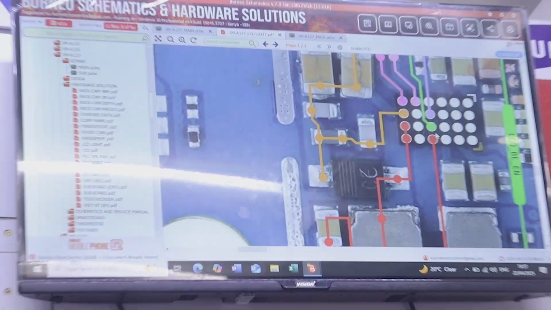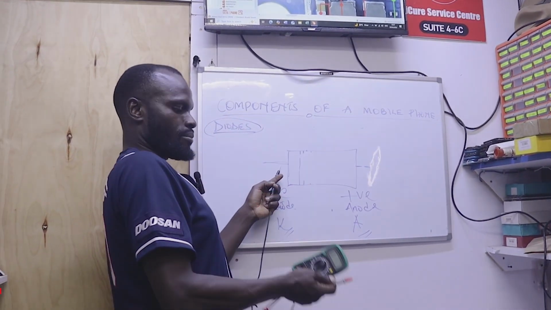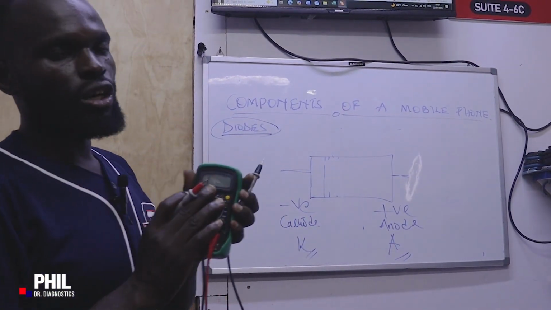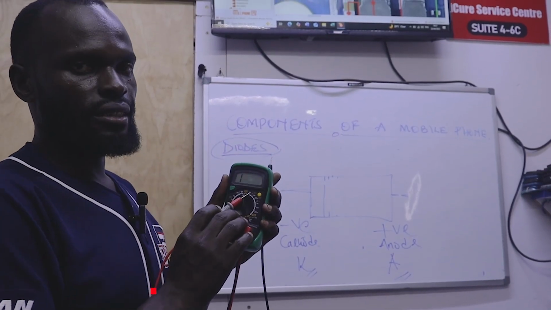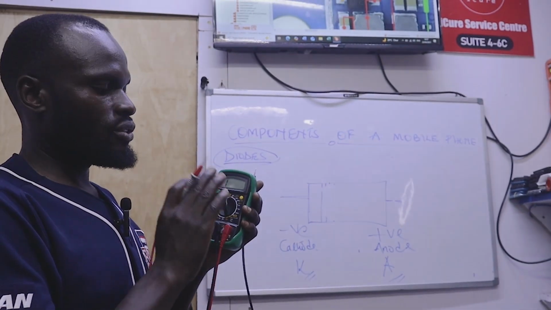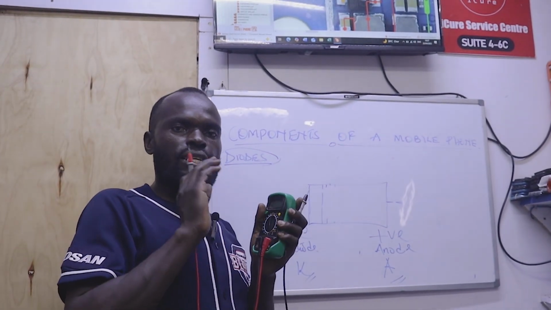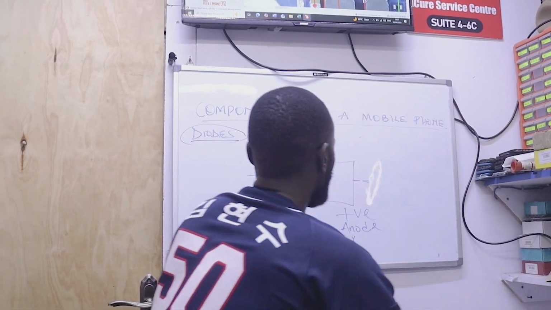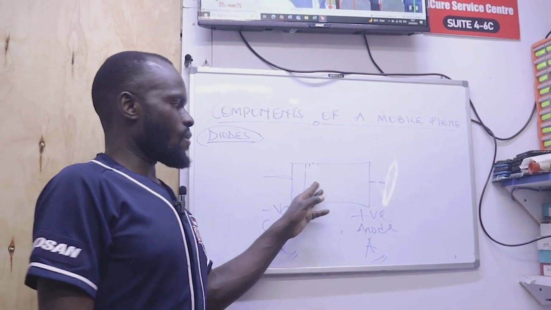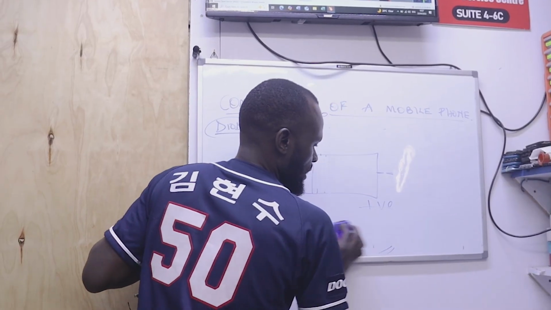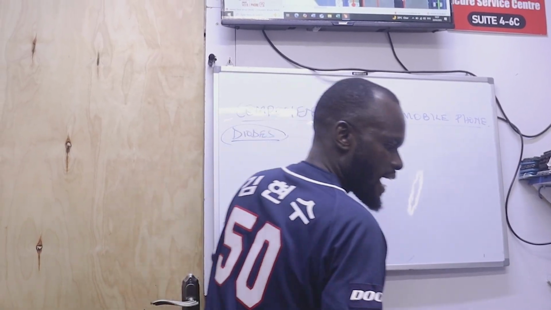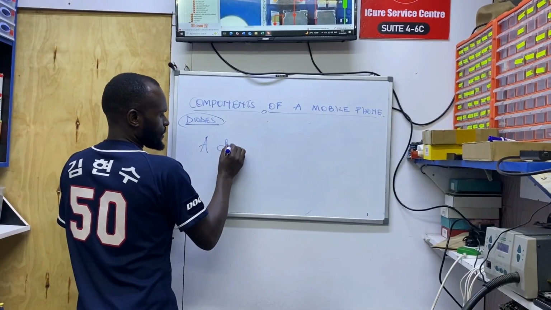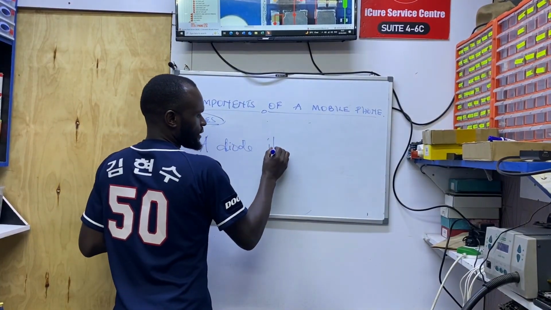Let us continue. With the negative probe on the negative side and the positive probe on the positive side, it is going to give you some values on the screen. What are those values? Those are the movement of electrons. It is showing that there is movement of electrons. The main function of a diode, let us begin by defining its main function. The main function of a diode, it allows